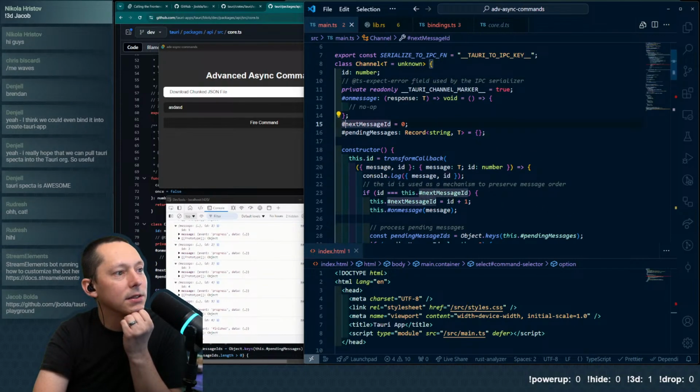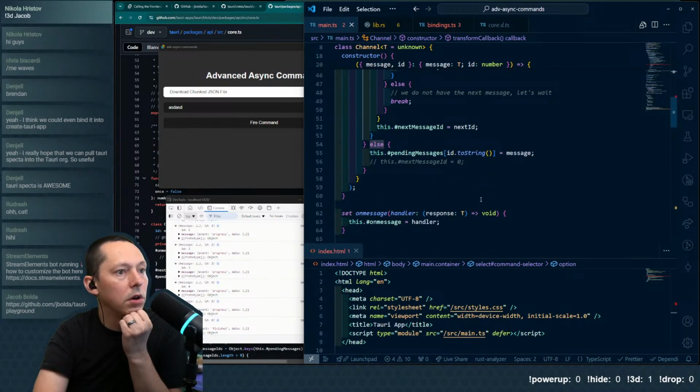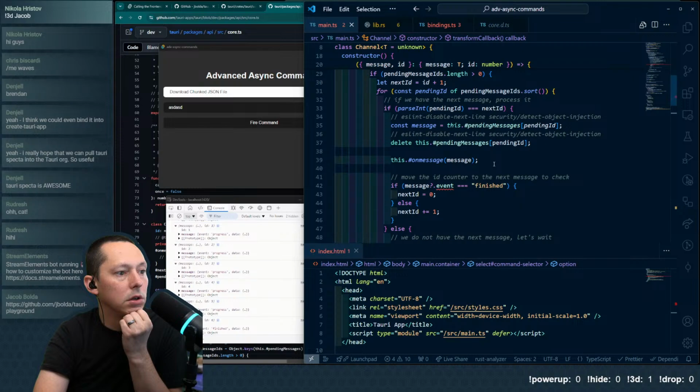So they say next. Okay, next message ID is 0, and they have a constructor which is doing a transform callback that gives us this. And we say here basically we're going to process and say if it's nested. Wait, what?